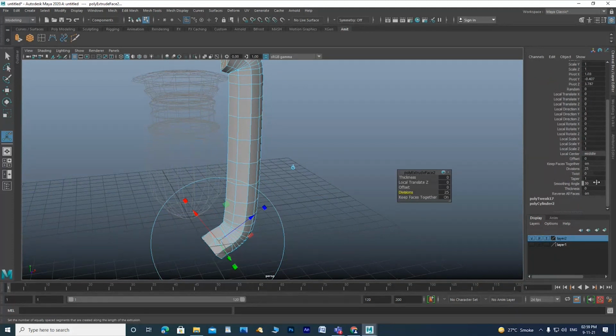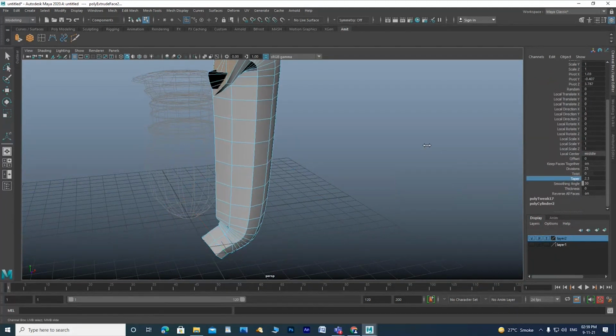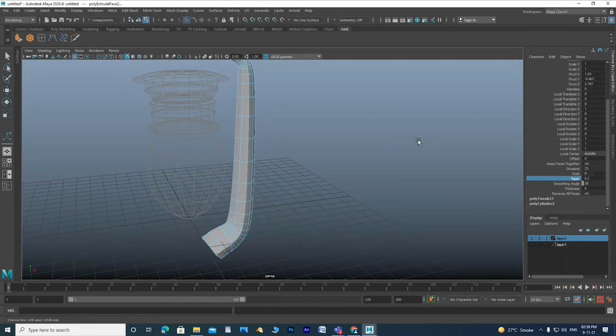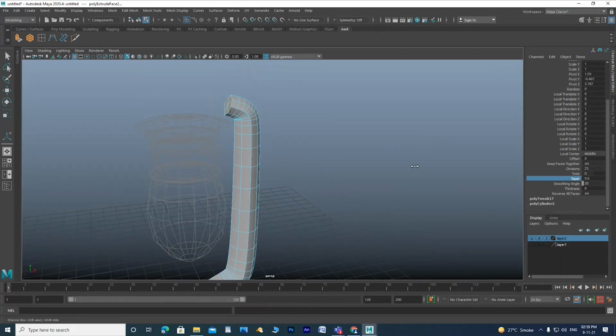In the channel box, if it is taper, you can create this kind of formation, or you can use twist.